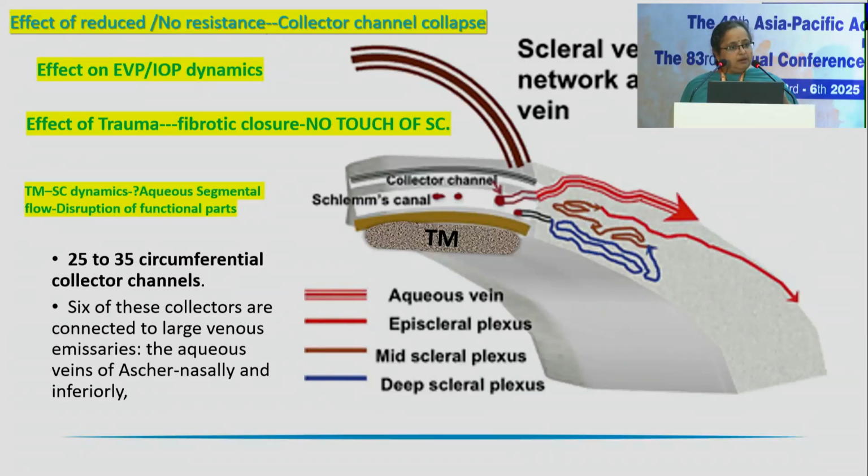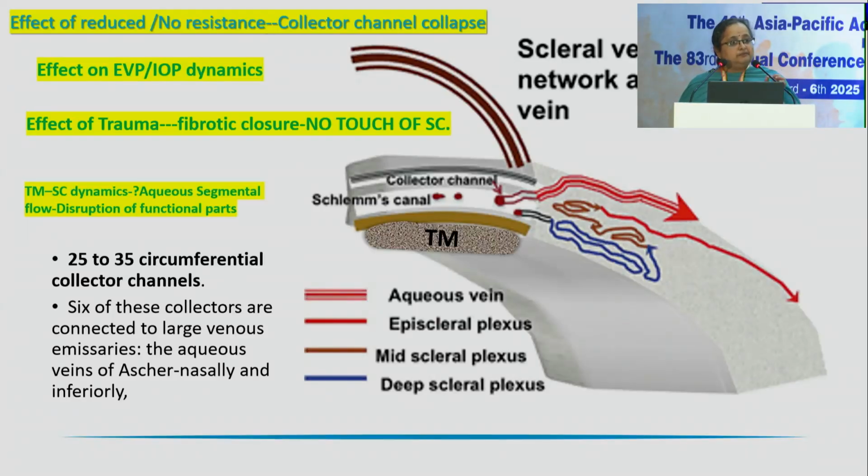So if we are taking one part of the resistance out and that becomes a low resistance pathway, obviously the collector channel flow and the flow in the venous plexuses are not going to be the same. Possibly the body will now try to adapt and reduce the blood flow, and that is what is described or presumed, that the collector channels in those regions actually collapse after some time because the resistance has gone. So actually, your MIGS might be doing more harm than benefit in some patients. Though this is not proven, we don't know.